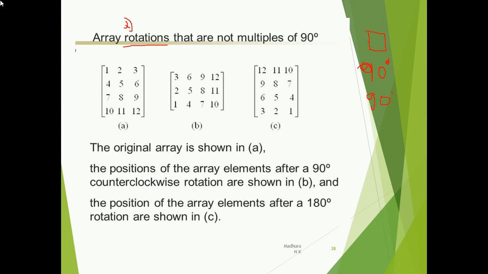So a sequence of operations you are going to do here. And if you calculate the rotation angle, it will be 180 degrees, is it?